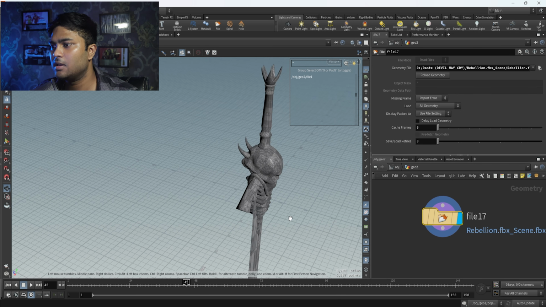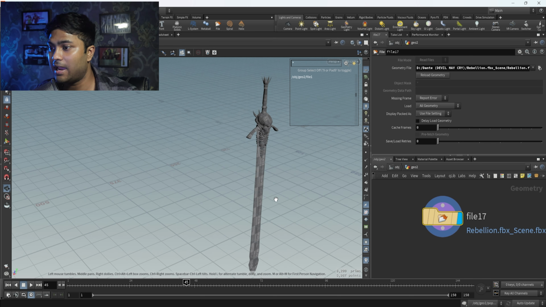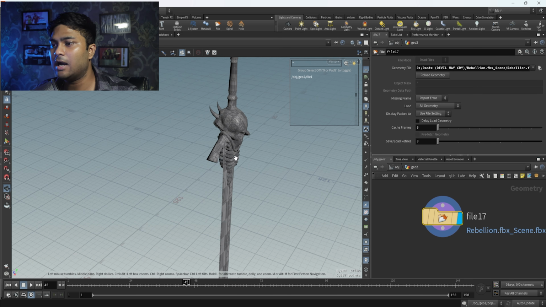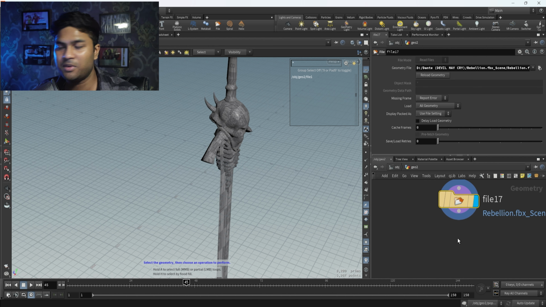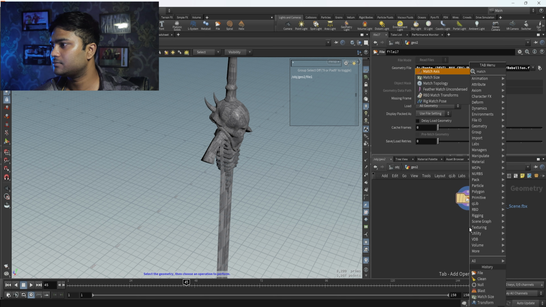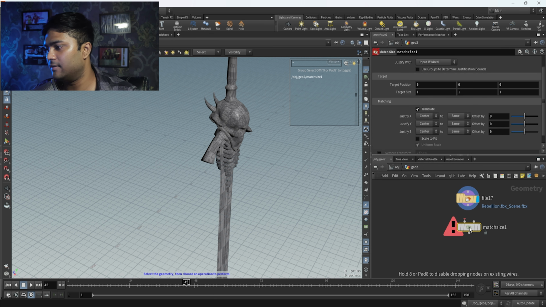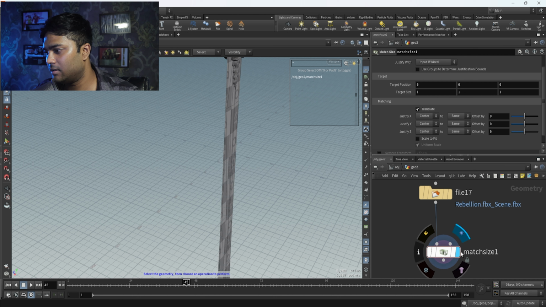Okay, like this. Now you are seeing that my geometry is really very big. We have to resize it, and we can do that with the help of one node. You don't have to transform here. We have to use one node, that is the Match Size node. We'll connect to it and hit the display button.